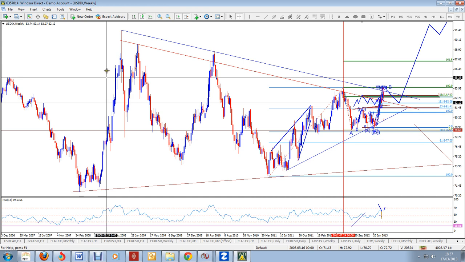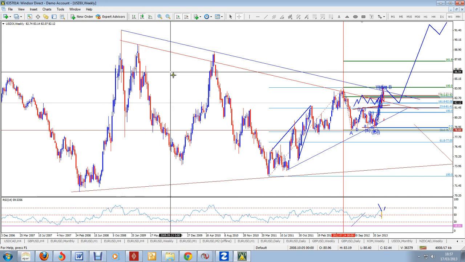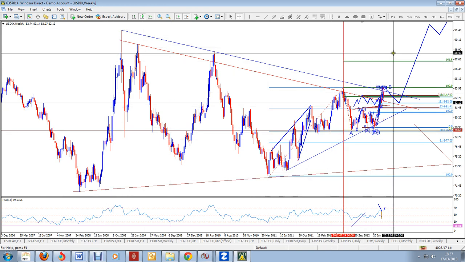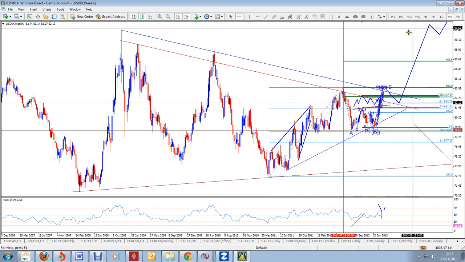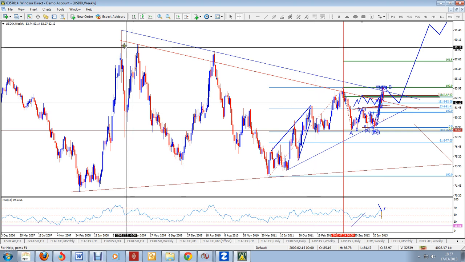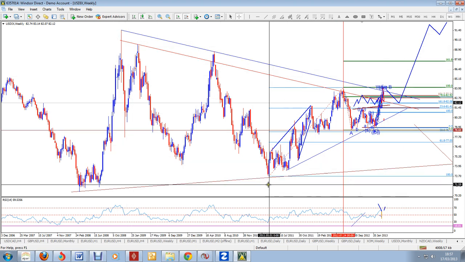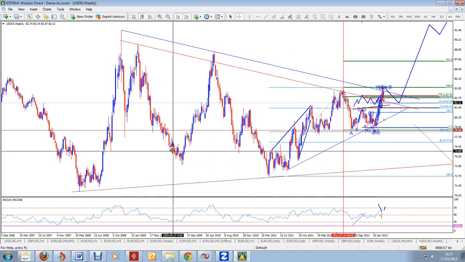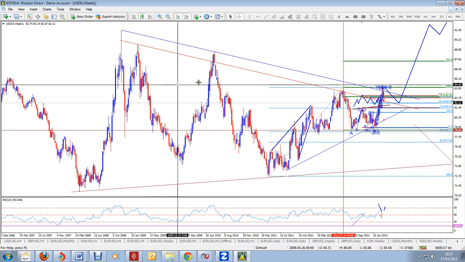So they're saying this is the minor A, a larger A, and then this one is a larger B, and they're reckoning this to be a 5 wave move to the upside as a larger wave C. I think it's the other way around. I think that it is still some kind of a contracting triangle, and in that contracting triangle I am leaning